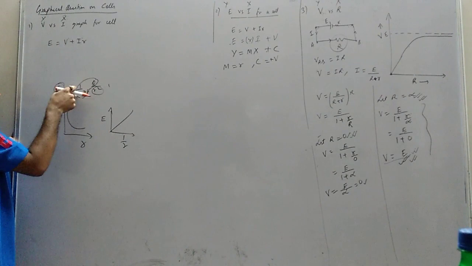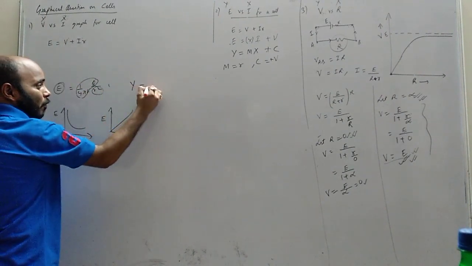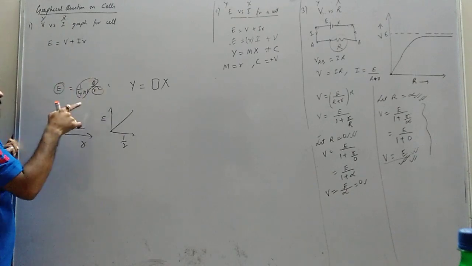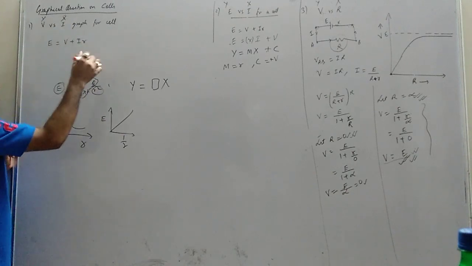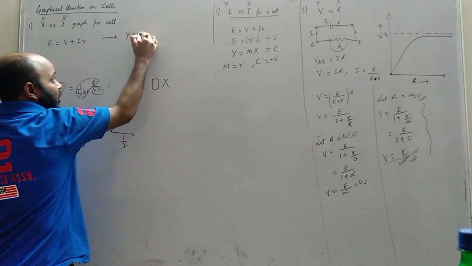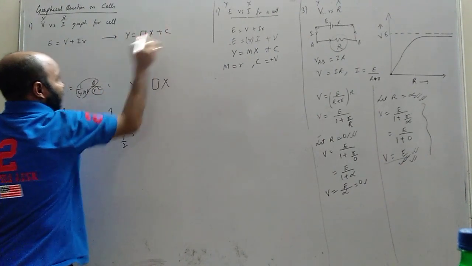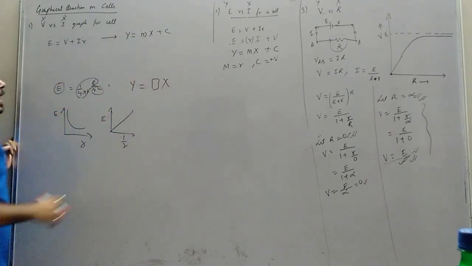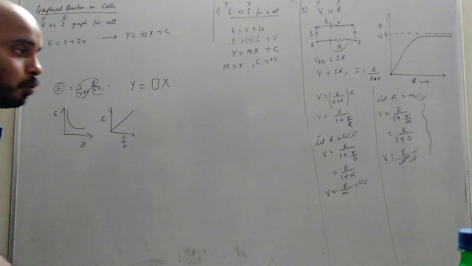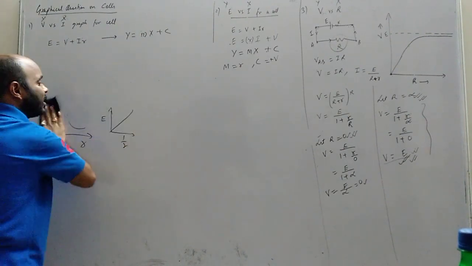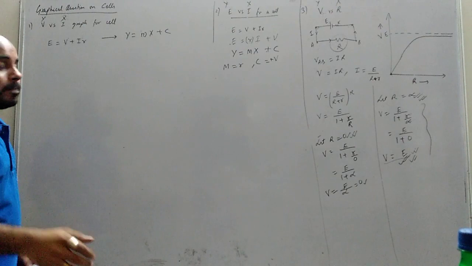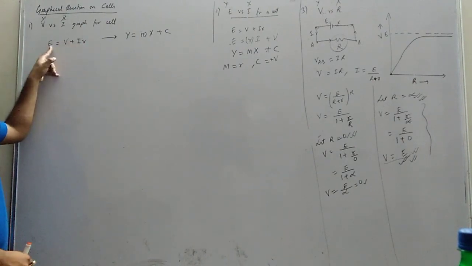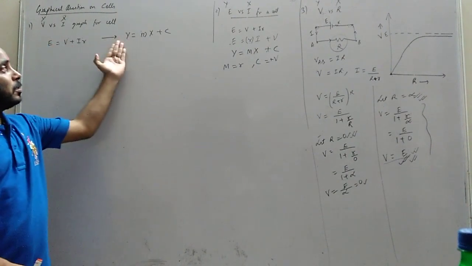But this equation and this equation are different. Here the equation is y equals something into x. But here it is something plus something. That means you have to make the equation in this form: y equals something x plus something. You have to convert this equation into this form, y equals mx plus c, where that something will be the slope. You understand why we need to go for y equals mx plus c? Because we have the something plus something form. We have y, we have something into x, we have a constant also. So we need to convert this into this expression.